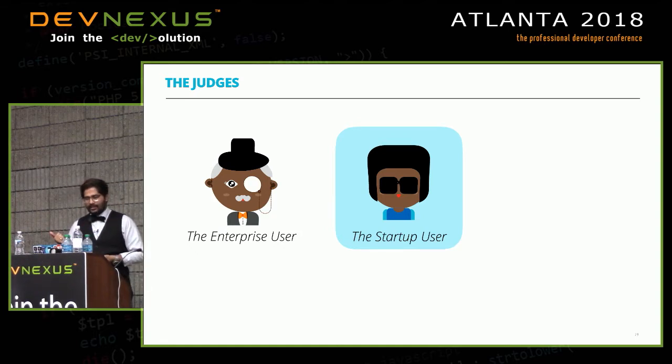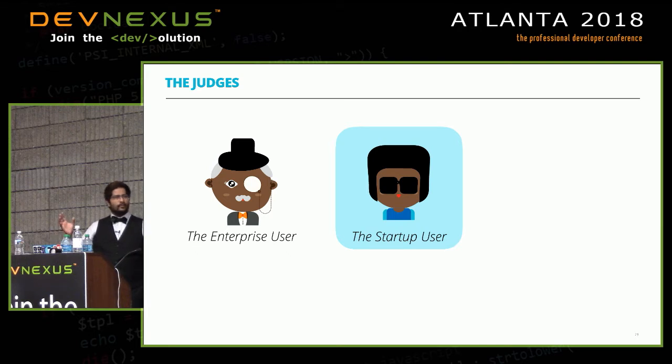In this case, this person's really looking at time to market again, but on a slightly different scale. You're looking at trying to go to market within weeks or months. And the other thing that this kind of user usually looks for is quick feedback. So as soon as they gain insight into their business and they need to change something, they should be able to do it really, really quickly with a minimal amount of effort, right? So if the setup cost of your project isn't that high, then this kind of user is generally happier. The enterprise user, on the other hand, does not mind slightly higher setup costs, but for something which has a lot more support and works longer term.